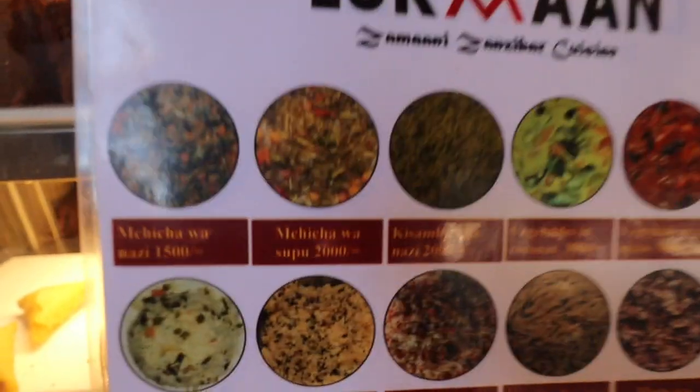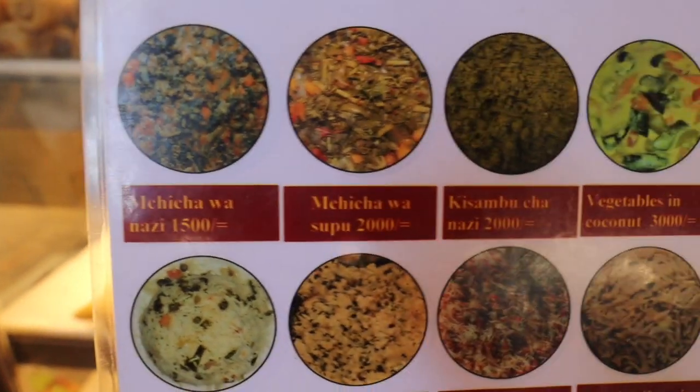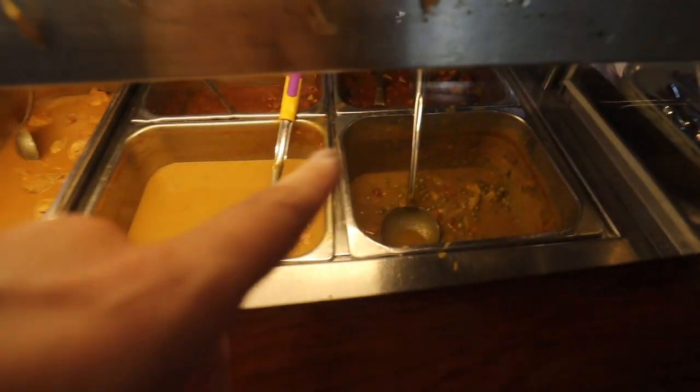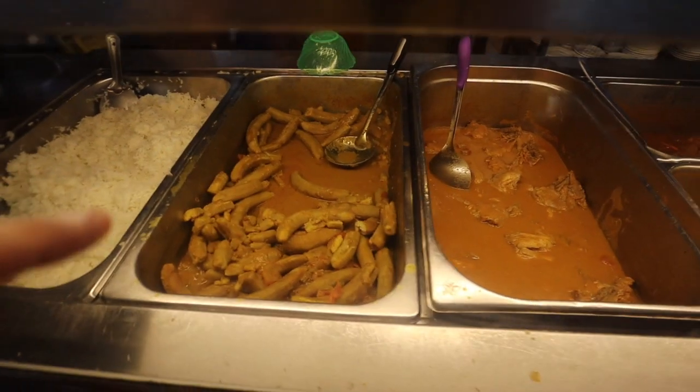I don't know if you can see, but it's super cheap. So 2,500 is €1. So all of these are less than €1. I had no idea how much anything cost because it's kind of like a buffet style. There's just a glass front, and then all different types of curries and different types of samosa and spring rolls and everything. Like I don't know what any of them are, like kisambucha,